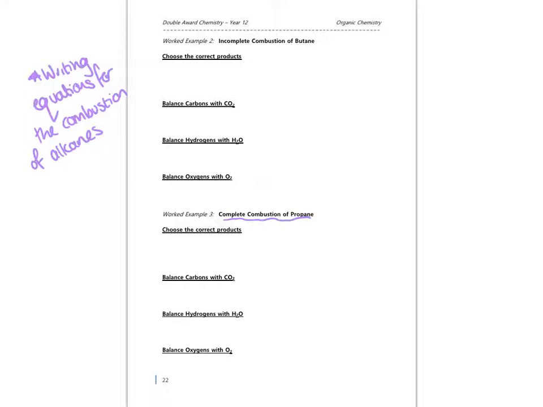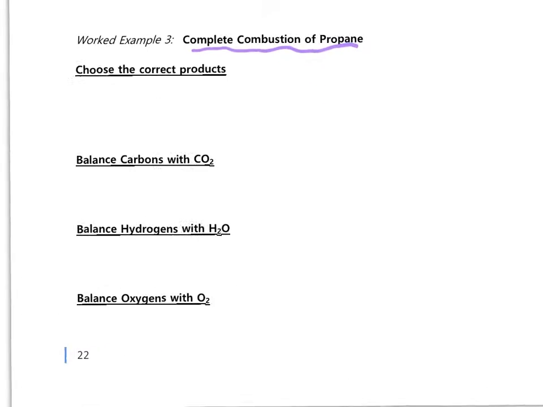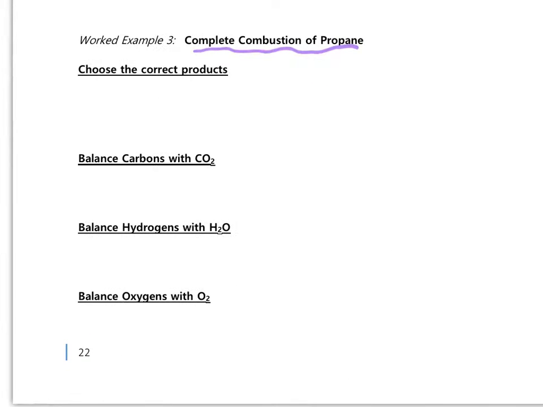So hopefully you gave that a go yourself, and if not, I would like you to give that a go now. I'm going to run over the process of it first of all, and then I'd like you to give it a go. So worked example 2 should be complete from the videos, but worked example 3 you will have a go at now. So what you need to do first of all is determine your formula of propane. That will be the easiest way to start.